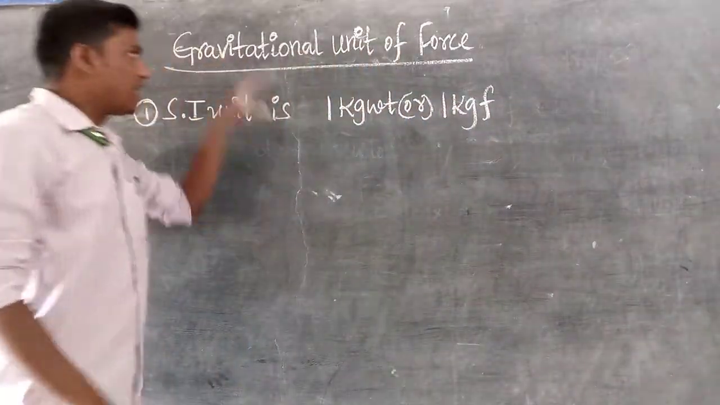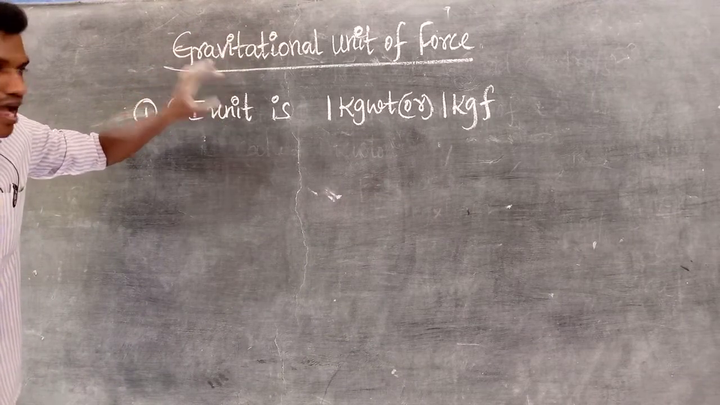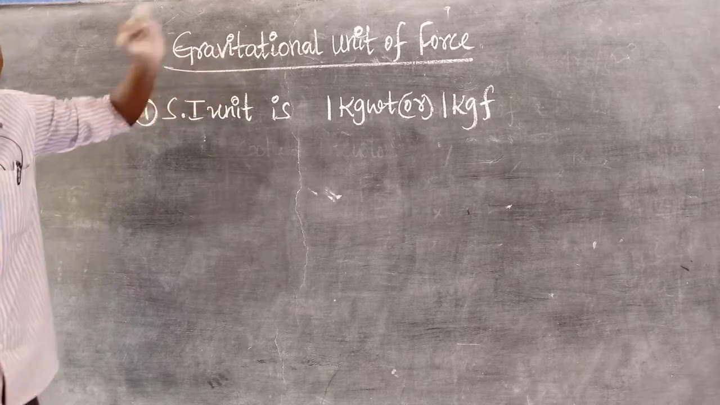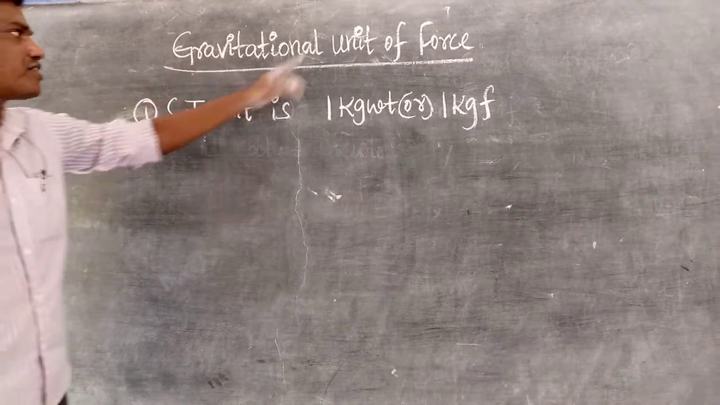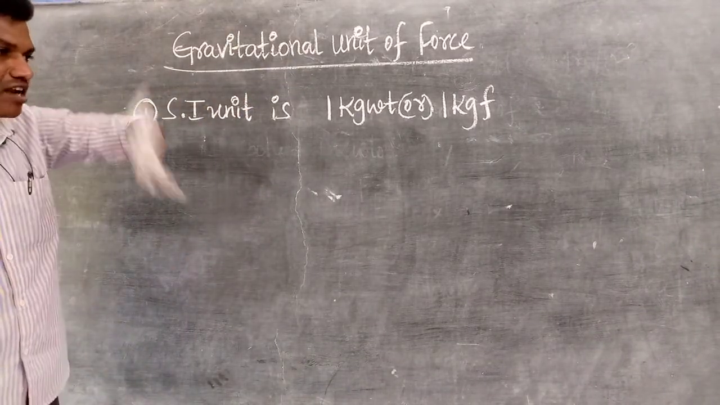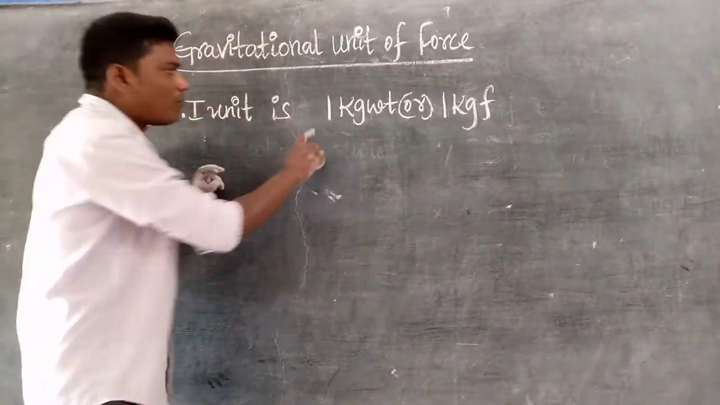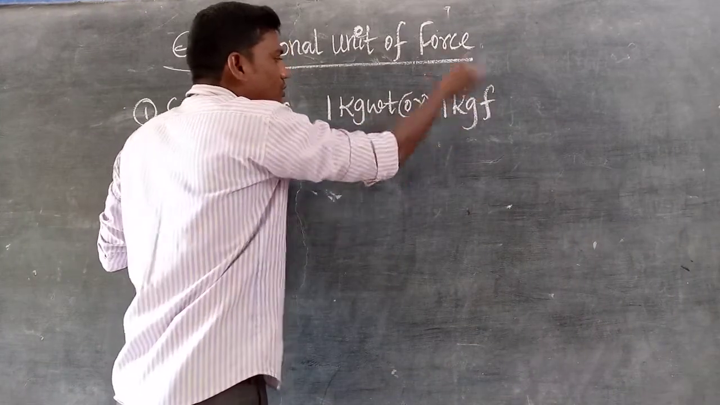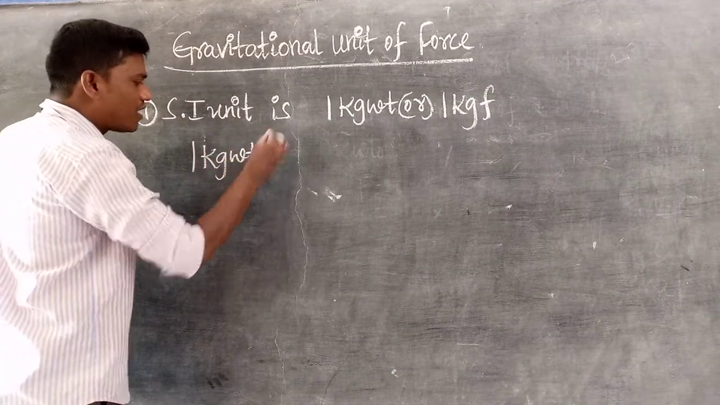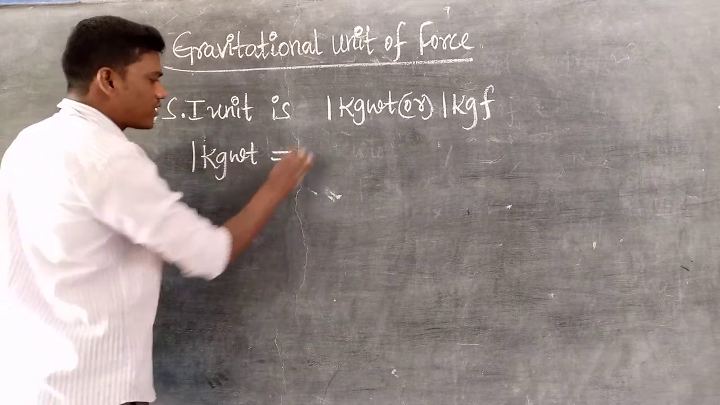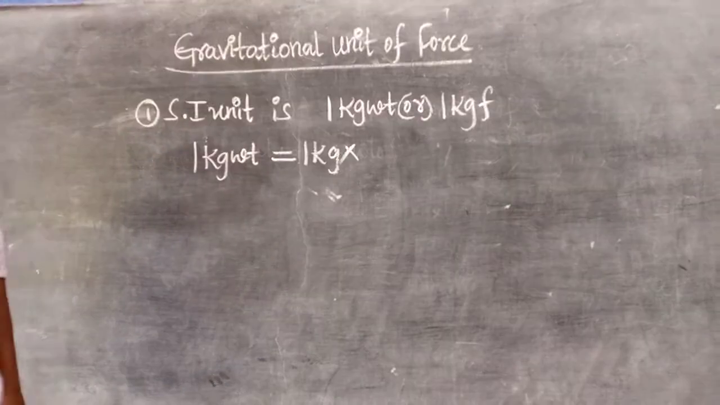Listen very carefully. Gravitational unit of force is nothing but a force which produces an acceleration equal to acceleration due to gravity. That force we call the gravitational unit of force, because the external force is equal to which force? Gravitational force. Its SI unit is 1 kilogram weight or 1 kilogram force. 1 kilogram weight or force is equal to 1 kg mass. Weight is nothing but on 1 kg mass of a body,